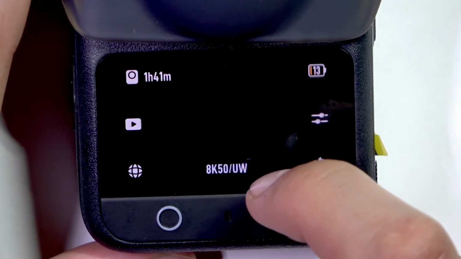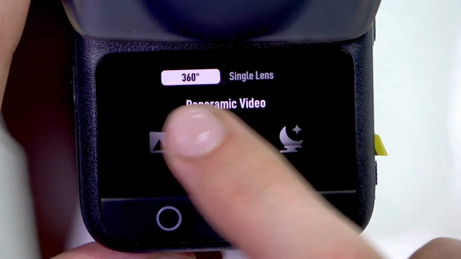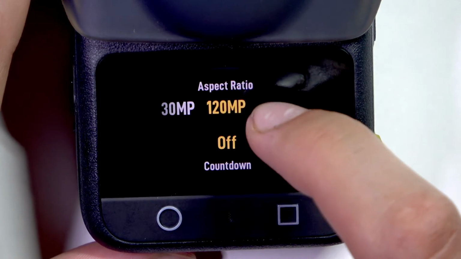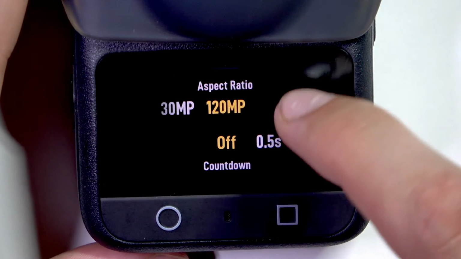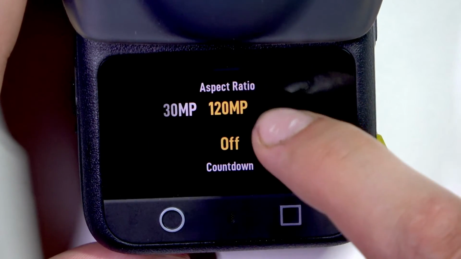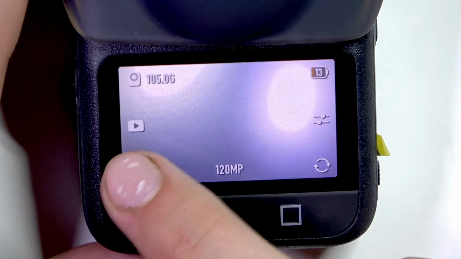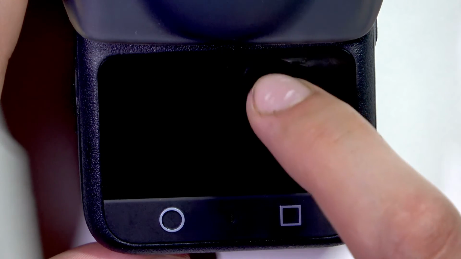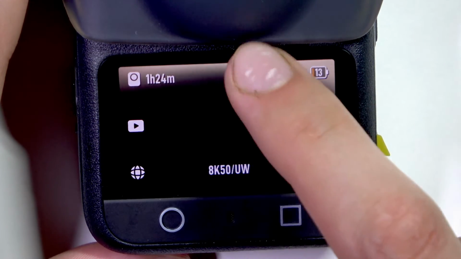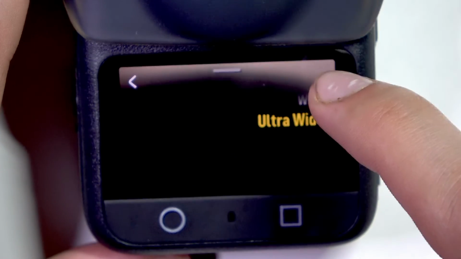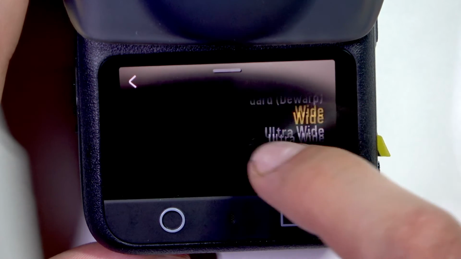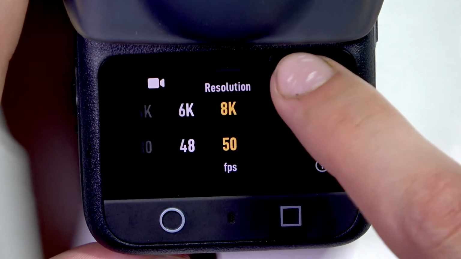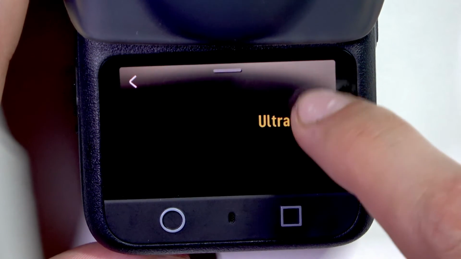You can do the same for photos, just changing between 30 megapixels and 120, and then also setting the countdown, which I believe you should also be able to do in panoramic video by going into here and maybe not. You can change the preview